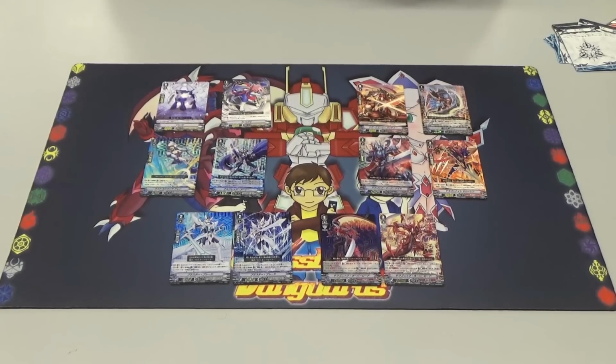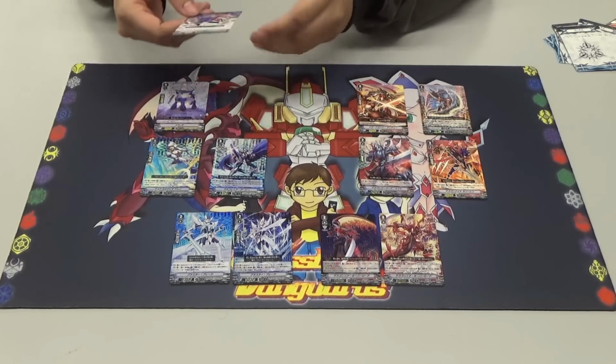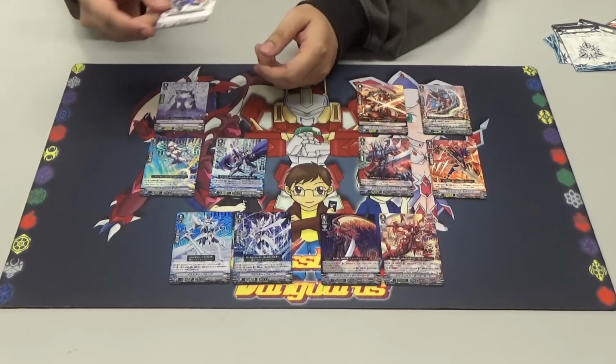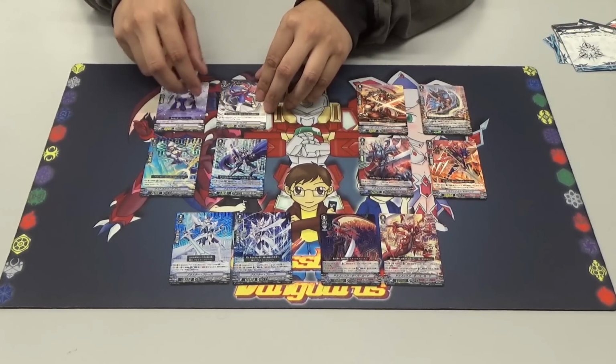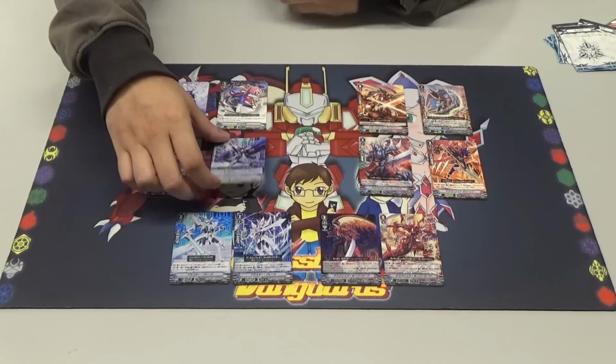But of course, this deck is all about Blaster Blade himself, and who better to support Blaster Blade himself than his trusty companion Wingull, which I have over here. So he has the continuous skill: during your turn, all of the units named Blaster Blade in the same column as this unit get plus 5k. And that's very important because this deck is built around Blaster Blade himself, whose skill I will go through